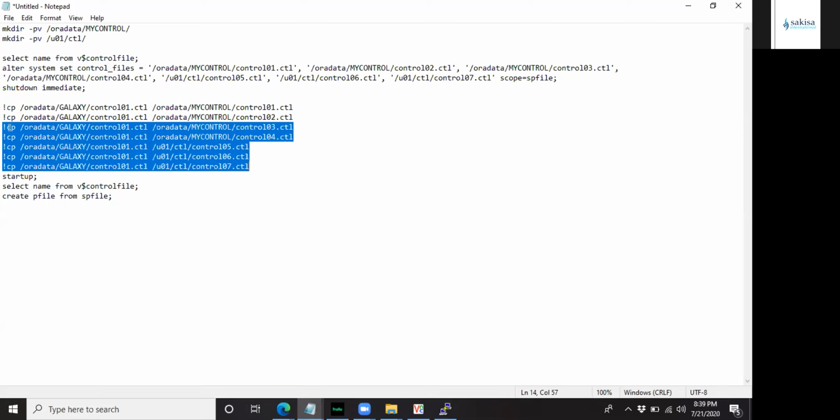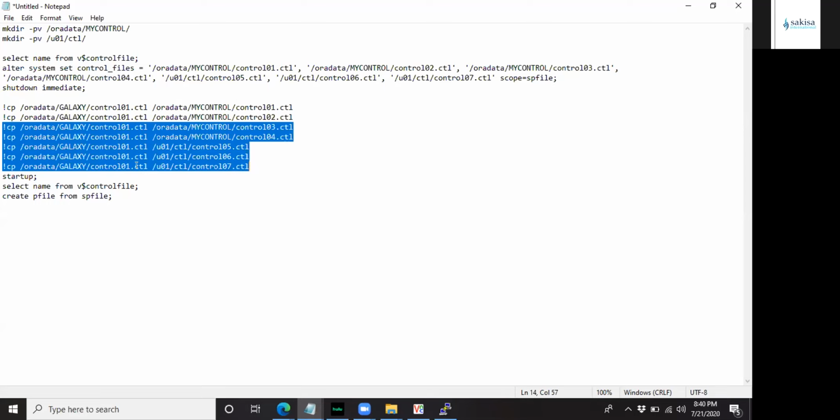If I don't delete it, you're just copying control 0, 1 from Galaxy to my control, right? Yes. So that means the control in my Galaxy is still going to be there, and you're still going to have another one in my control. I'm actually going to have a problem because one of the copies is not going to work. It's going to tell me that this copy already exists, and if I use a wrong copy, I'm going to have a problem. I don't understand what you mean.